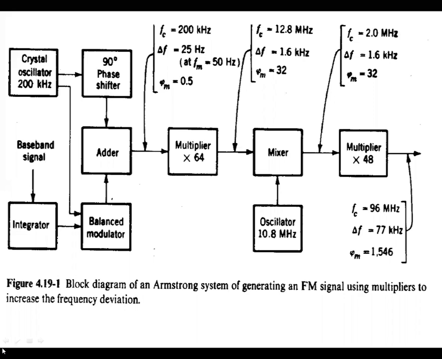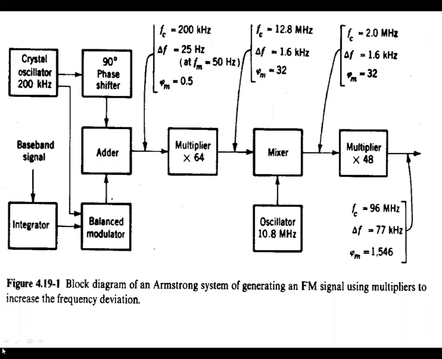Balance modulator output is the DSBSC signal. What is the DSBSC signal? That is nothing but an AM signal. DSBSC, double sideband suppressed carrier signal, comes from the balance modulator. Now the balance modulator, which gives a DSBSC signal, that is AM generation, is equivalent to